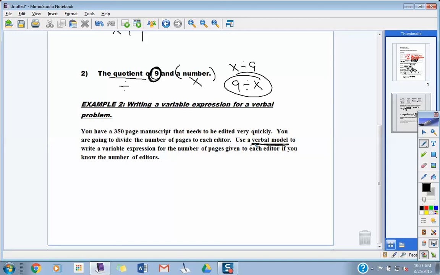You provided us with a verbal model. A verbal model means explain to me what you're going to do. Explain to me what you're going to do. Okay? So,